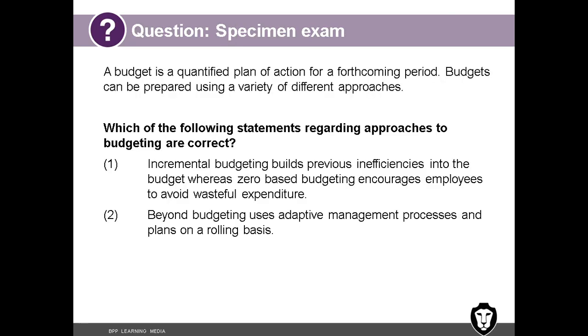Yes, one only. A budget is a quantified plan. Yes, this is in the definition. Quantified plan means whatever you include in the budget must be in numbers. That means by the end of the budget period, we must be able to measure and check whether we achieved it or not. For example,